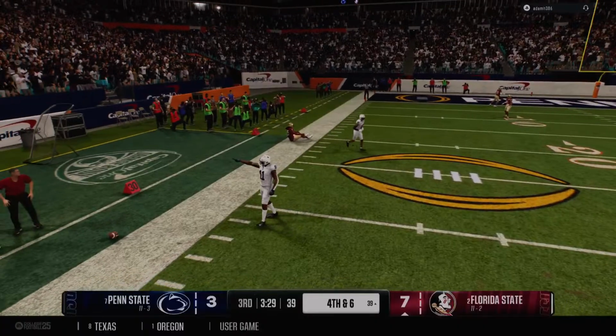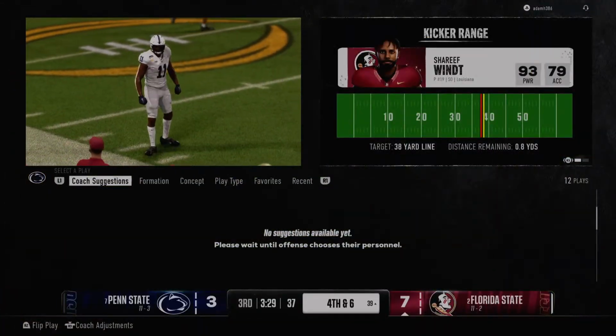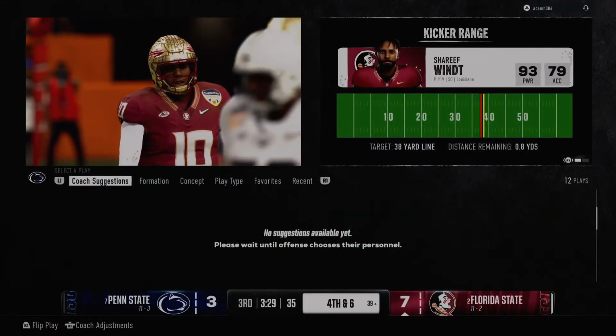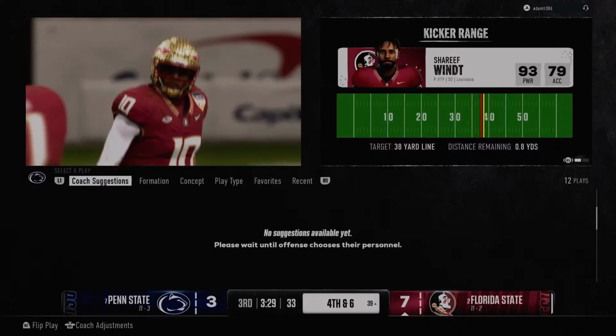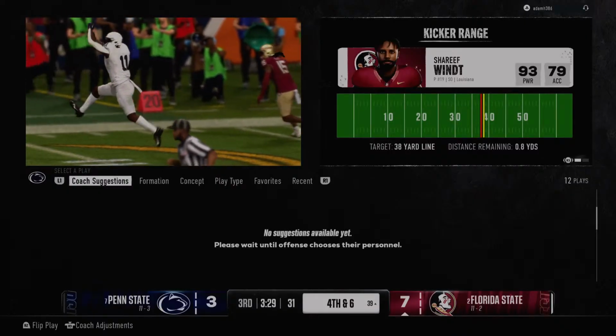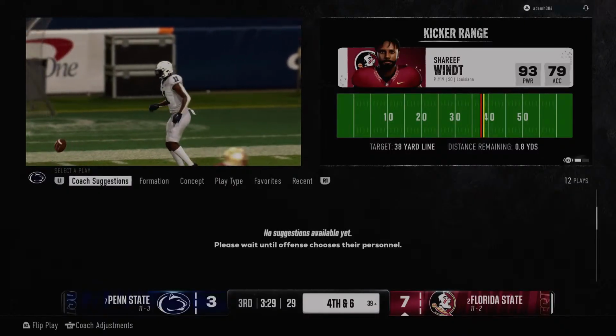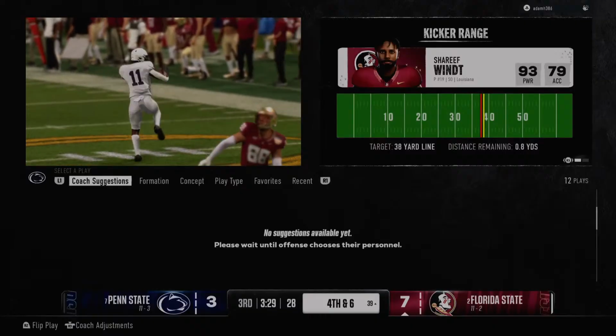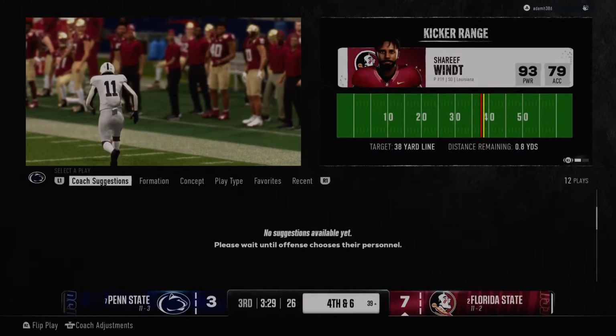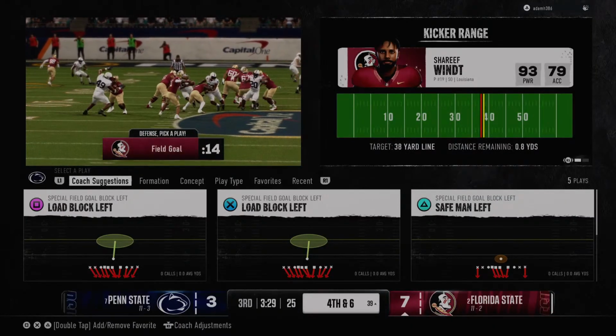Oh, and it's incomplete and very nearly intercepted. A wasted opportunity for a much-needed takeaway there. Hey, the good news is here, Chris, they're still in field goal range, and they didn't cost themselves any points. But they could have more. You got to be thinking about going for this on 4th and short.